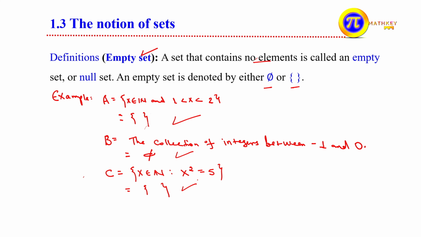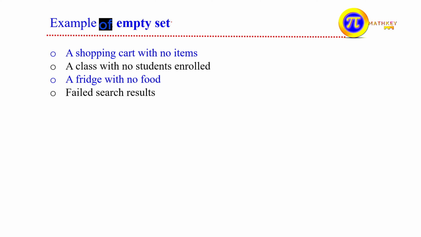Empty set ማለት ምንም አይነት ኤሌመንት ወይም ሜምበር የሌለው ማለት ነው። We can also consider real life application examples. This is an example of an empty set: a shopping cart with no items, that is, before adding any product. ስለዚህ ምንም አይነት ፕሮዳክት ካርቱ ላይ አድ ከማድረጋችን በፊት ያለ ማለት ነው።